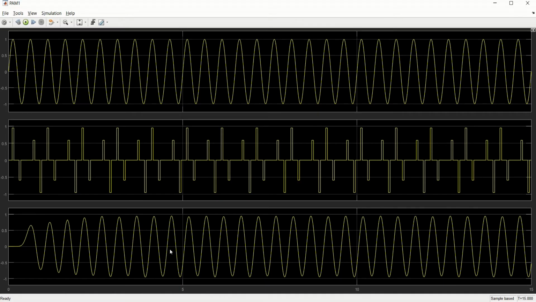Note that in this filter we have removed all the high frequencies of this PAM, and this is the low frequency. The order of the filter would define how fast we can reach this stable point. Moreover, if you look into this point,